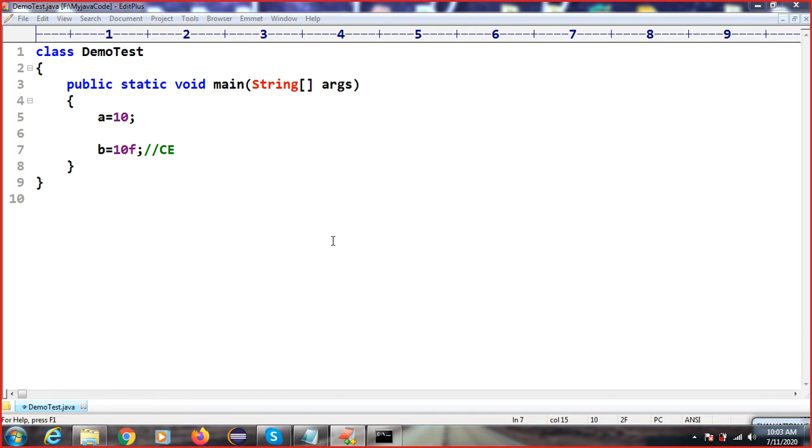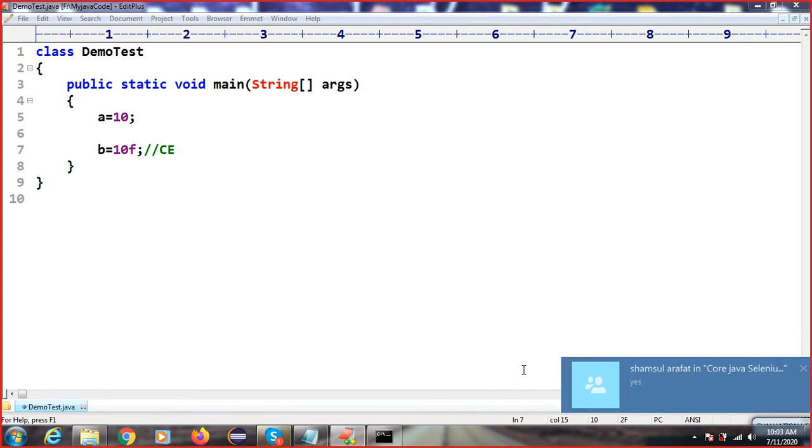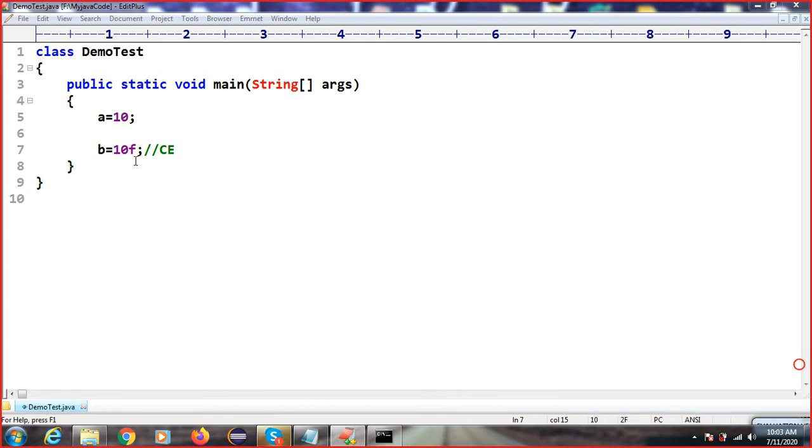Okay. So data type means when we are storing something, some variable, might be a primitive type or a reference variable, we have to tell the JVM and compiler which type of value we are going to store. Got it, right?